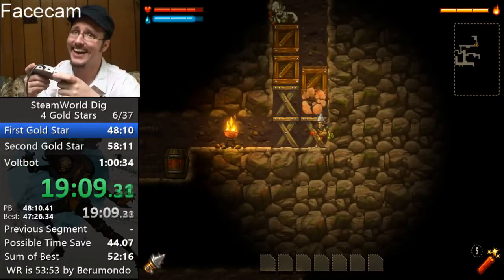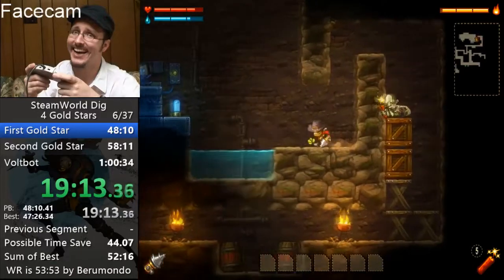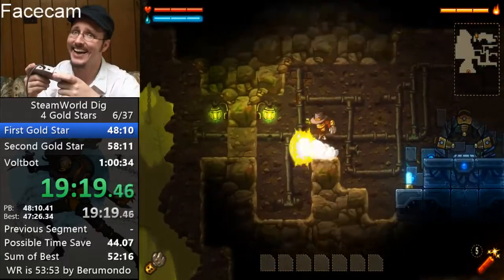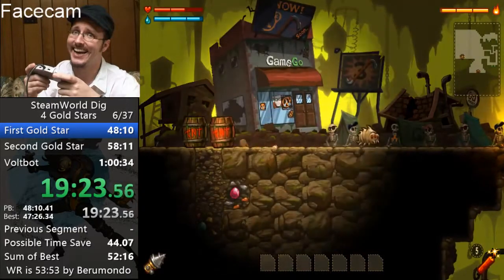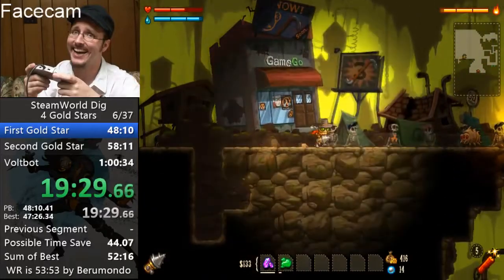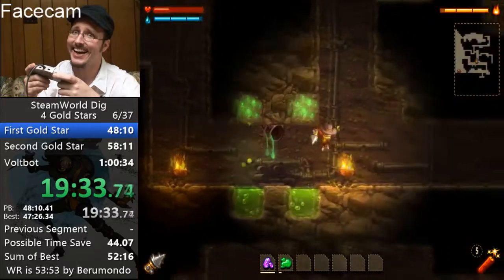There's a faster method that you can use to get this upgrade here, but I do the safer way because it's not nearly as annoying as the jump is. So now we got the Steam Punch, and it lets us shoot shockwaves with our cool little punch thing. I guess Steam Fist? I don't know. But yeah, it uses water, and we can use it to destroy blocks, to kill enemies, and to also, yeah,